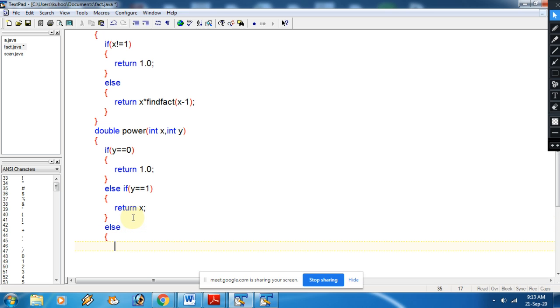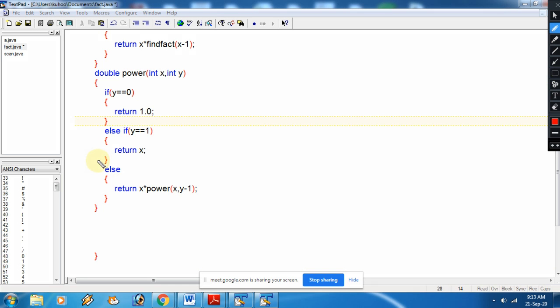Now else, return x into the power, with y minus 1. So why are we doing y minus 1? Because the stop case has to be true on y, and for that purpose we are reducing the value of y every time by 1.